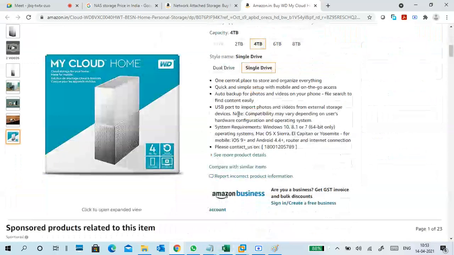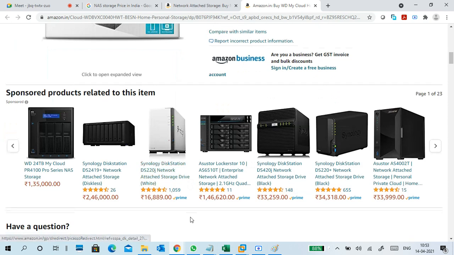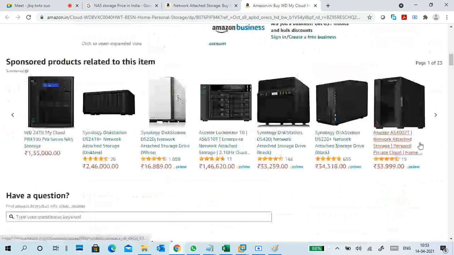So what you do, the router will automatically give it an IP address. By application or anything you can open it, store the data, and access the data. For example, you have a lot of movies and data on your computer, or you downloaded some data from the internet and want to store it locally. Immediately, through the network, you can store it. These are all like that only.